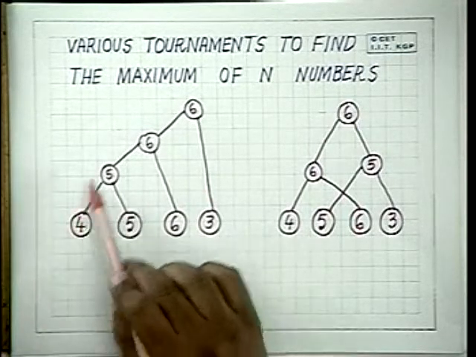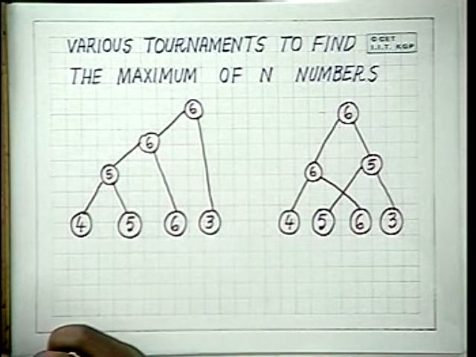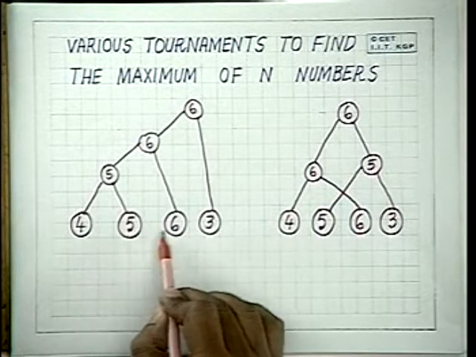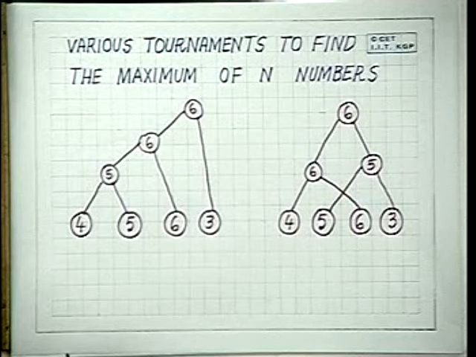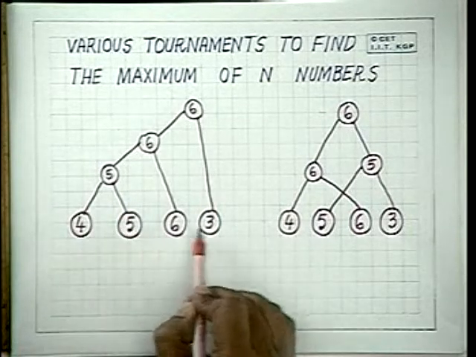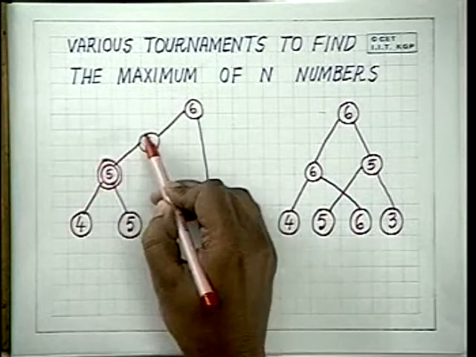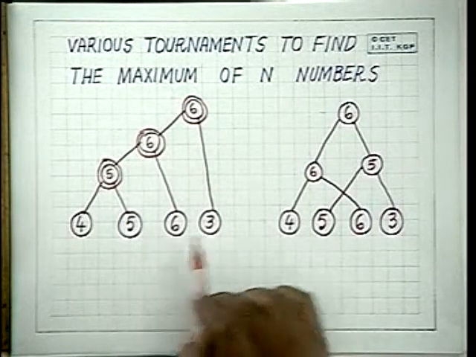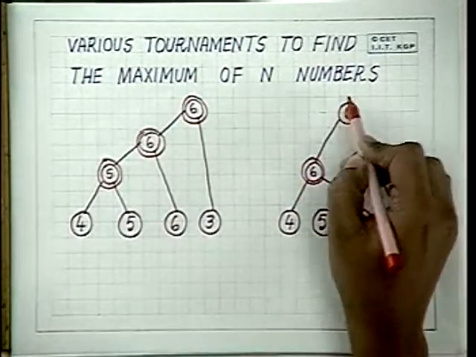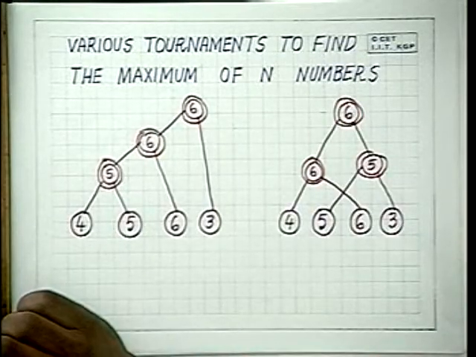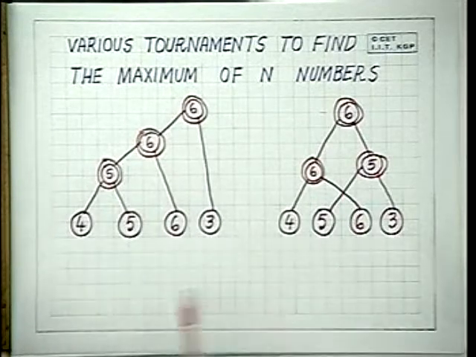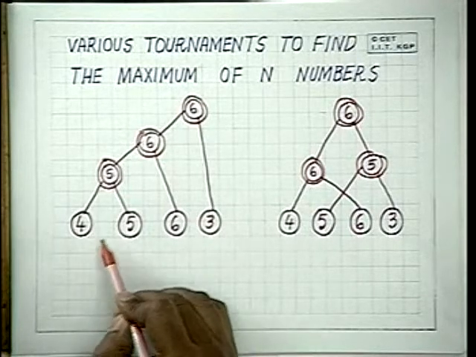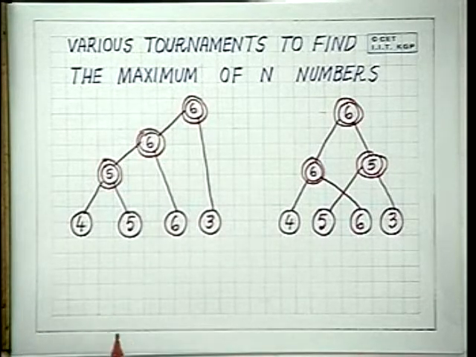Now, a very interesting thing about such tournaments is that to declare the winner of a tournament of n players, you must necessarily see these are the players and these are the matches and the results of the matches, isn't it? These are the matches which are played to find out the winner. And in any such tournament structure, to determine the winner of n players, you need to have exactly n minus 1 matches.